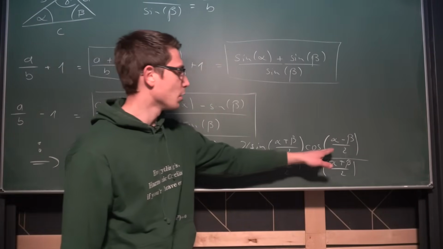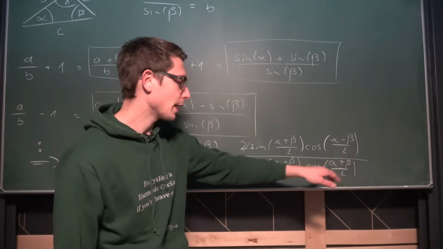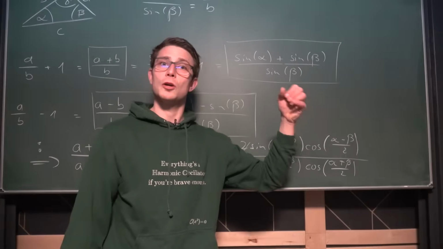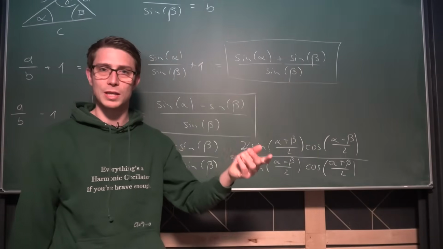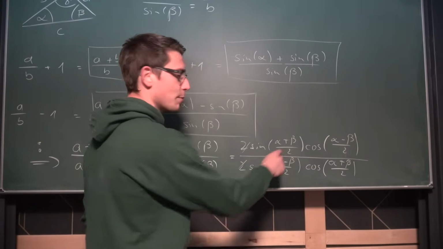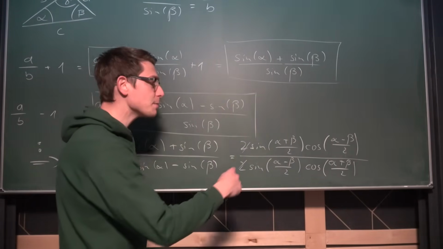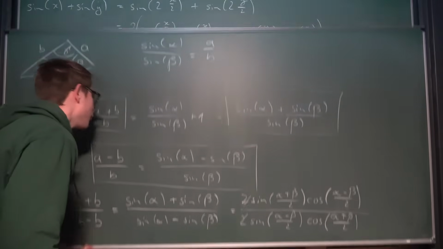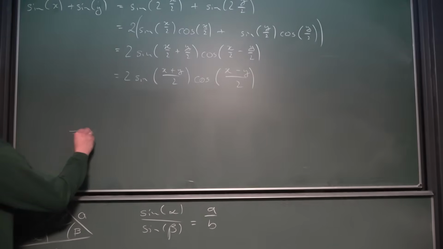Now we also have the cosine of blah blah blah divided by the sine of this other blah blah blah. This right here is the cotangent, and by definition cotangent is 1 over the tangent. So we get the tangent of alpha plus beta over 2 divided by the tangent of alpha minus beta over 2. And there we go, fellas. This right here is our